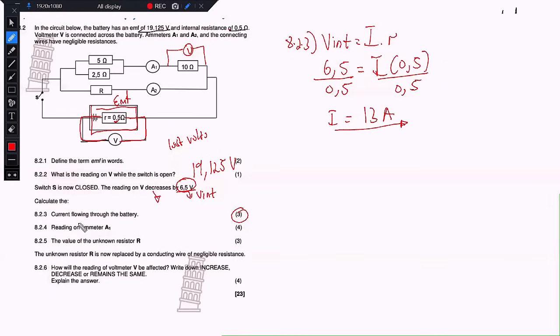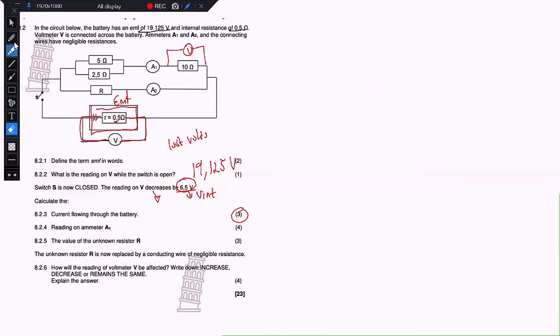8.2.4 says calculate the reading on ammeter A1, right, on ammeter A1. So let's check that one out. A1 has to be the current over here. Now that we have found that the total current is 13 amperes, how do we find that one there? So we can simply say for 8.2.4,